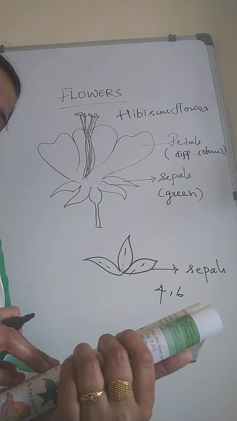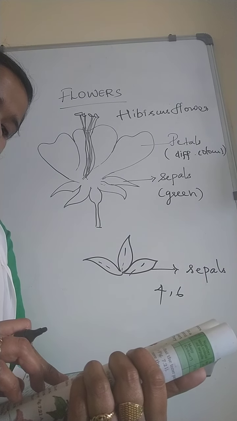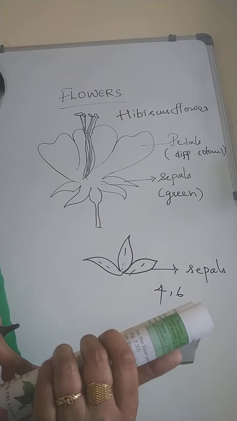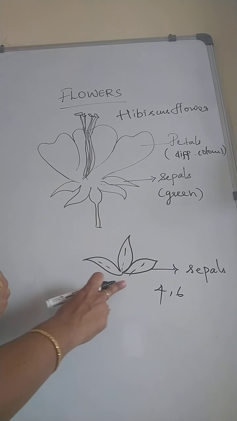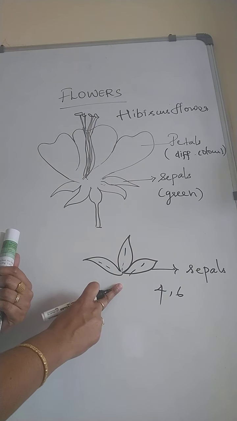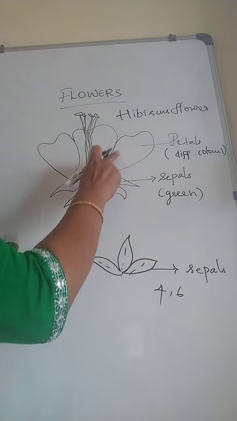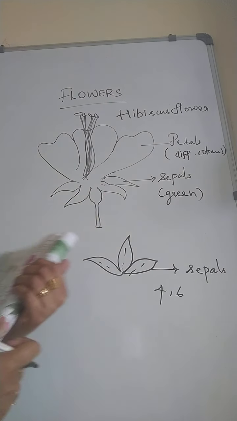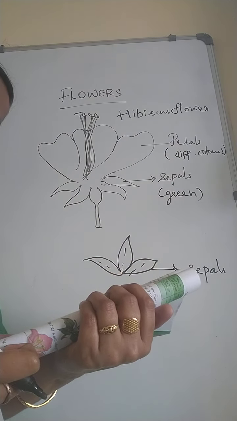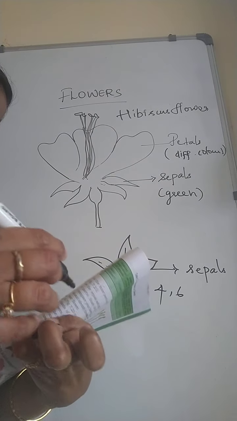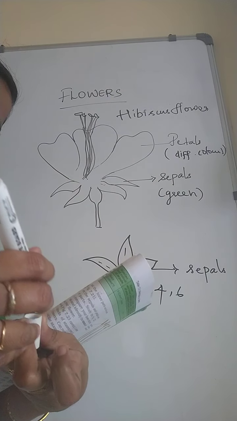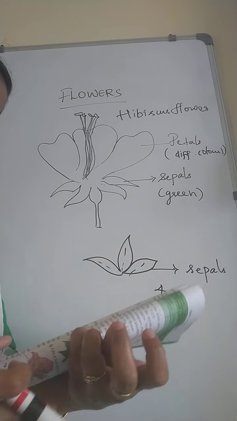So do the flowers with joined sepals have petals that are separate, or are they also joined together? So here also you can see they are joined together. They are not separate. Okay, like petals, sepals are also joined together. Fill the table based on the observation of the whole class and observation to this table from a field trip.